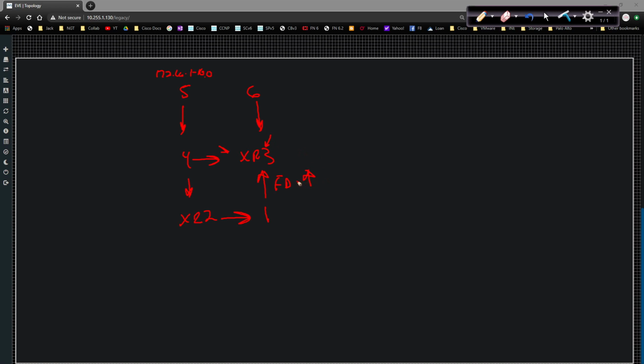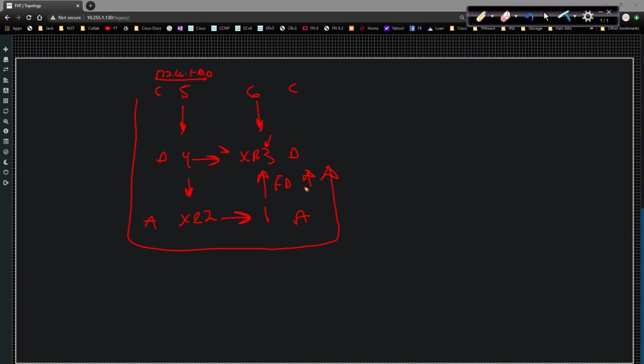It doesn't make any sense, because from a forwarding perspective, this is the core, this is the distribution, and this is access. From an EIGRP topology standpoint, that's how it's viewed, and that's the thing that you need to understand. I'm kind of intentionally overcomplicating it, just so you guys understand how the flow goes. So even though these prefixes are being sent down this way, brought back around here, and being sent back up here,